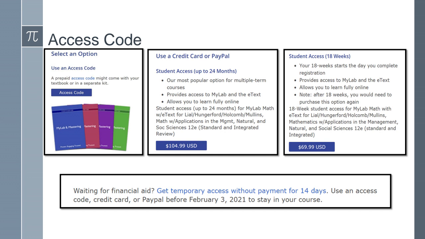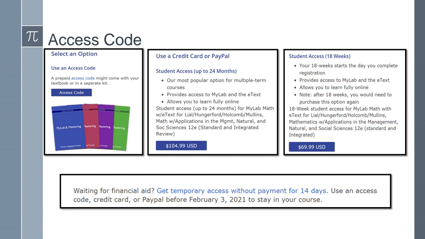So if you try to access the Barnes and Noble from the 1324 and you have an NCBM, you're going to get a blank access code. There's nothing going to be there. Your access code will be found under your NCBM class. So when you click on your Blackboard, click on your NCBM math class, depending on which one it is. Again, there's three of them.